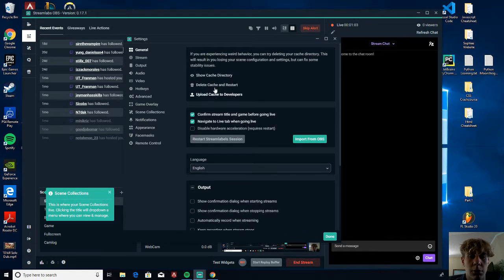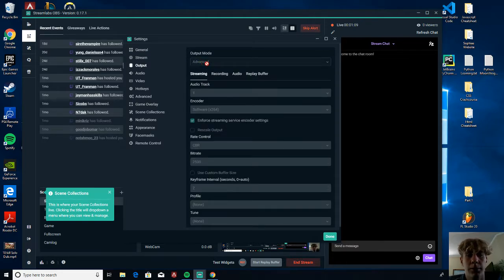Everything else on the general tab is pretty self-explanatory. You don't need to change it. If we go to output though, you're going to want to go to advanced. Don't have to mess with the audio track, but over here where it says encoder, if you have a low-end PC, oftentimes it's going to have you on software 264, and that's fine. But if you know that your graphics card is better, then if you click it, it'll drop down and have some kind of option depending on your graphics card,